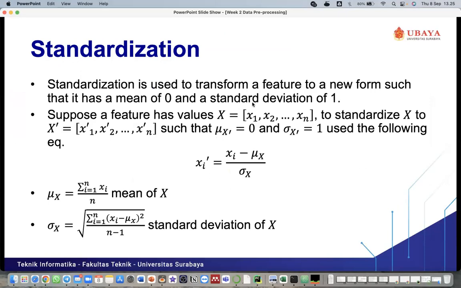The next method is standardization. Standardization is used to transform a feature to a new form such that it has a mean of 0 and a standard deviation of 1. It is different from the min-max scaler, because after we scale the data with min-max scaler, the output will be in the range from 0 to 1, minus 1 to 1, or A to B. But in standardization, we don't know the minimum or maximum values.